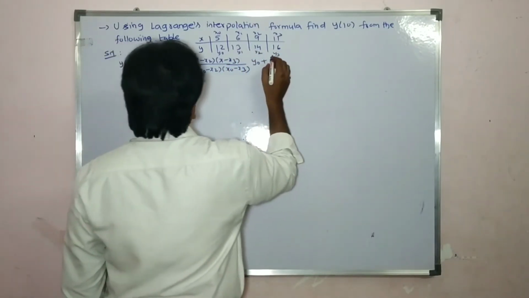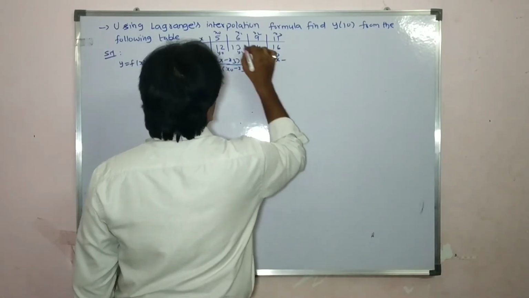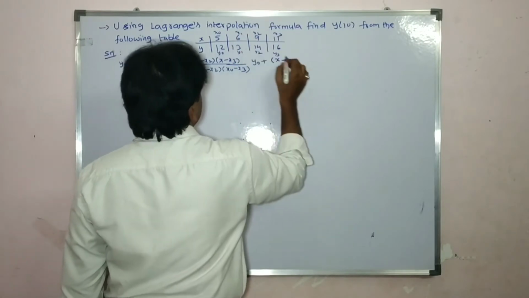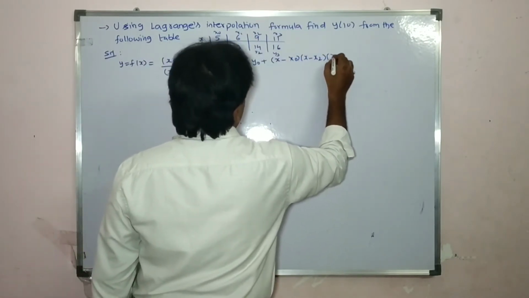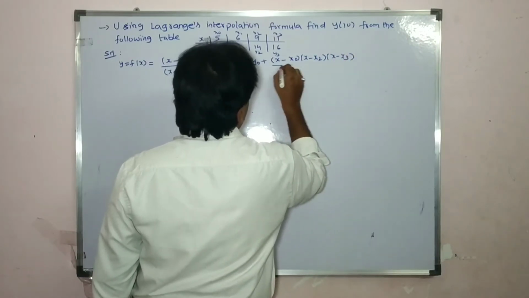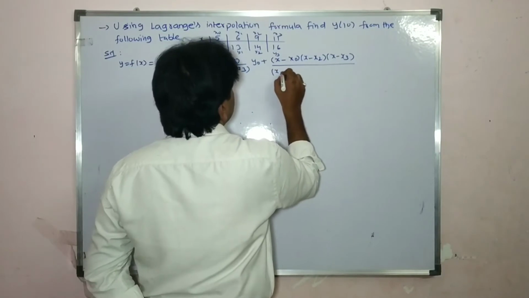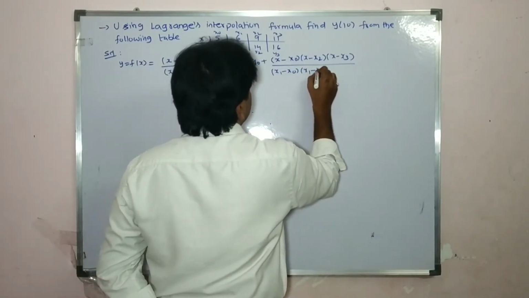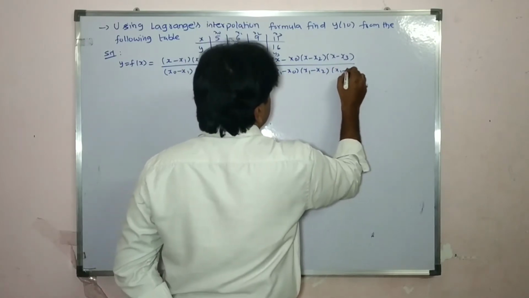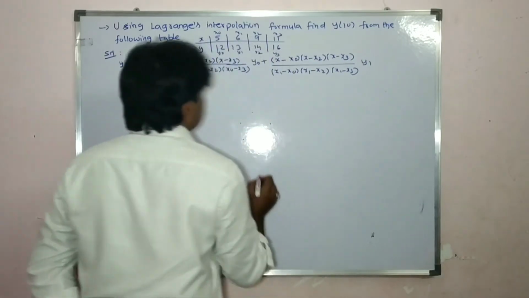What is the next term? In this term you skip x1, so (x minus x0)(x minus x2)(x minus x3) divided by (x1 minus x0)(x1 minus x2)(x1 minus x3) into y1, plus